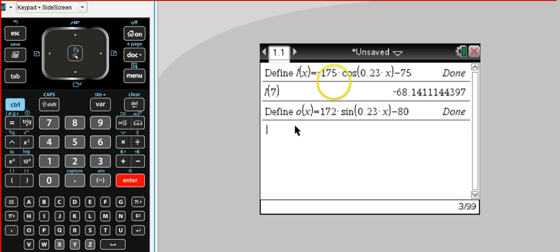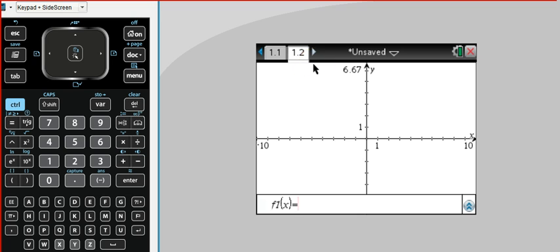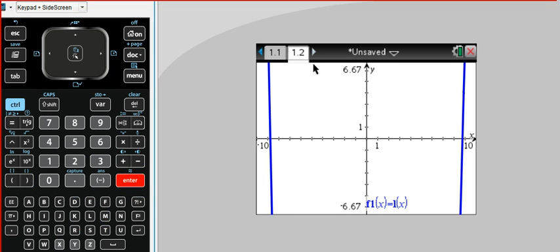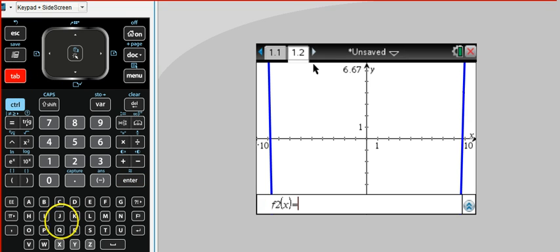Done. So I have both L of x and O of x defined. So then I'm going to insert a graph page and I'm going to graph those 2 functions. So the first one is L of x, and I'll adjust the window in a minute, and the second one, if I tab there, is O of x,